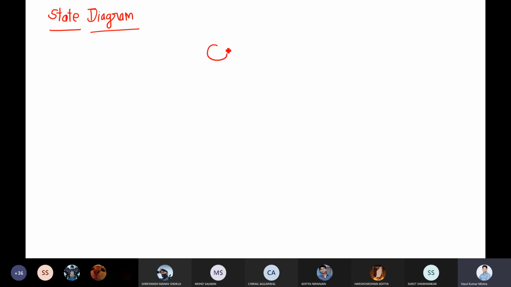So let me say I have one state. A state is represented by a circle and the value is 00. Then I have another state and value is 01. Then I have one more state, value is 10, and one more state, value is 11. This is the initial state, so I am marking it as initial. Now once the input is 0, it will remain in the same state.